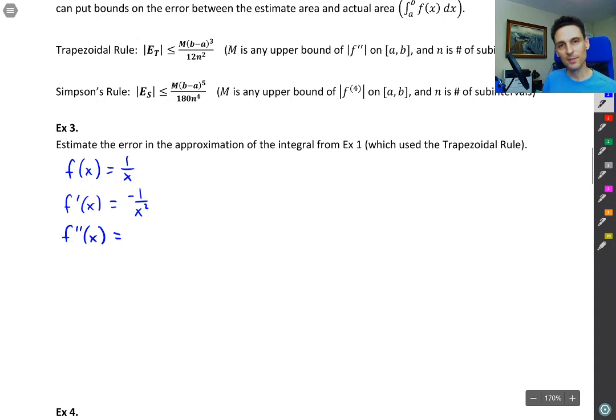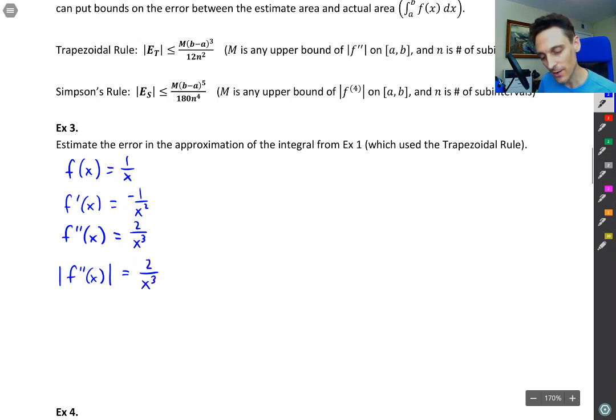What's the second derivative? If you said 2 over x cubed, that would be correct, because remember that this is like negative x to the negative 2. The negative 2 multiplies in front to give you positive 2, and then you subtract 1 to get x to the negative 3, which puts this down on the bottom as x to the third. All right, but now we're interested really in the second derivative, so the absolute value of the second derivative, which